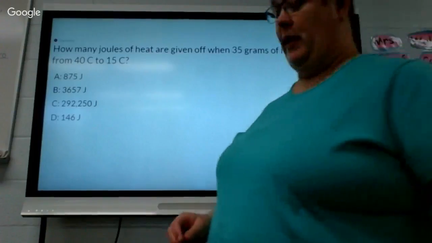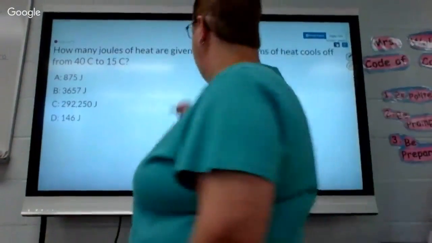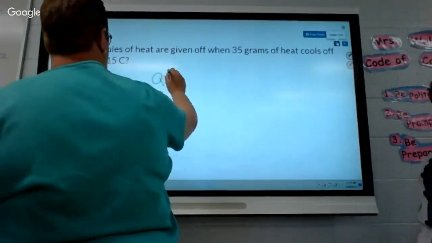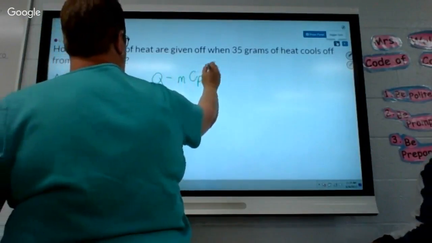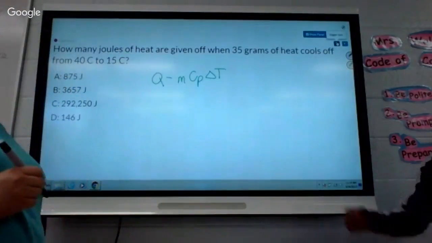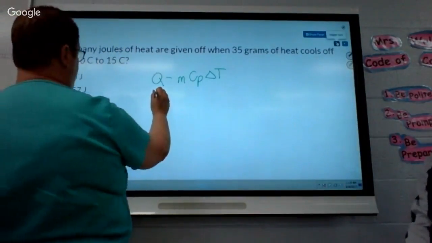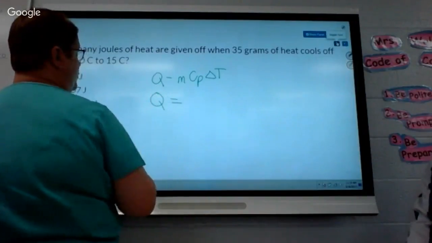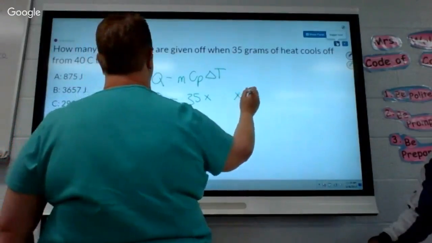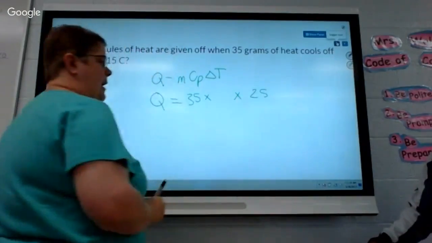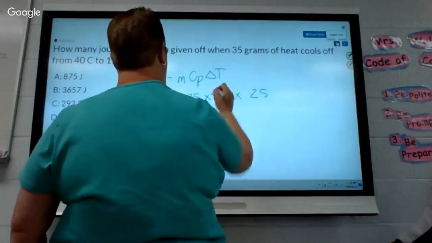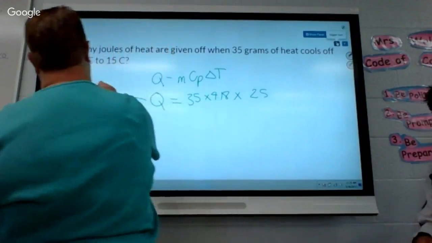Alright, let me see if it'll let me write on it. There it goes. Q equals mCΔT. Alright, how'd I know to pick the one that had delta T? Because it's gotta change the temperature, so I'm solving for Q. My mass is 35. My delta T is 25. Where do I find CP? On your reference. And it's 4.18. When I multiply all these things together, I get